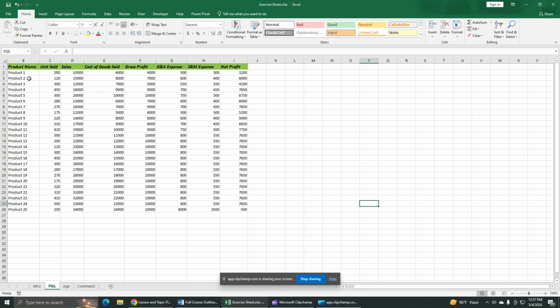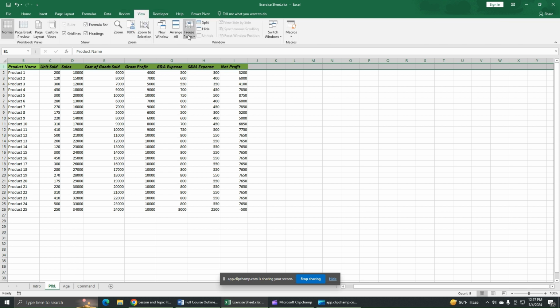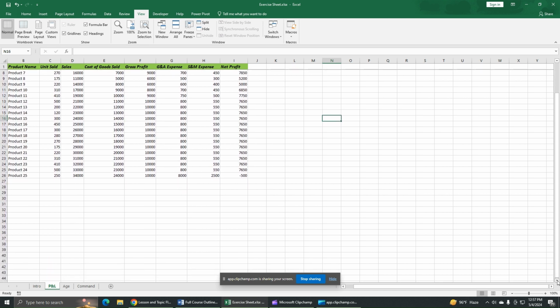Okay, so if we want to keep this fixed, then select this, go to the View menu, Freeze Panes, and Freeze Top Row. This row will not move now. It has been fixed. This data will go upwards. If you scroll this, you can see